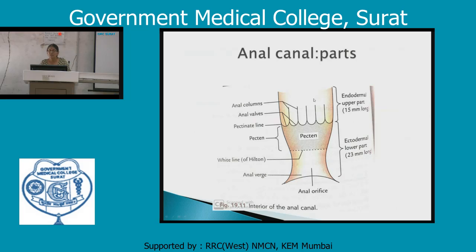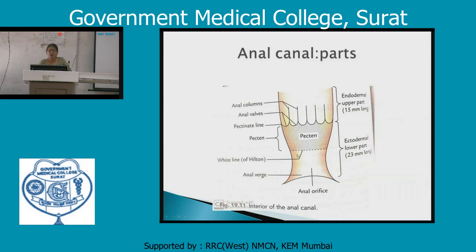Here, in the upper part, mucosa is loosely attached to the underlying tissue. There is loose tissue in the submucosa. Here, in the pecten, mucosa is tightly adherent to the underlying tissue. So here the mucosa cannot move. There it can move easily and there is a space for enlargement of the superior rectal vein radicals. Now this pecten or transition zone looks slightly bluish in color because below this there is a rich internal venous plexus. Because of this it looks bluish in color.